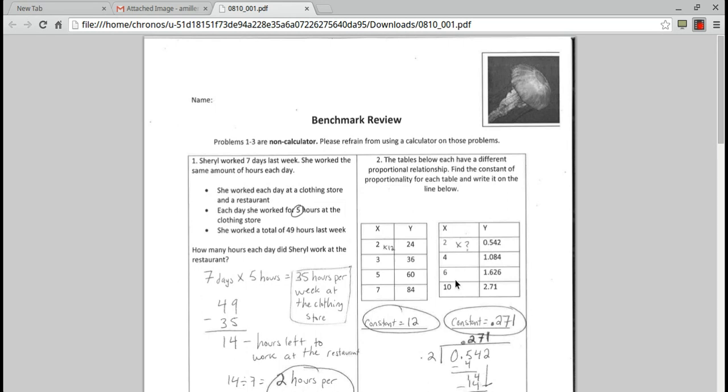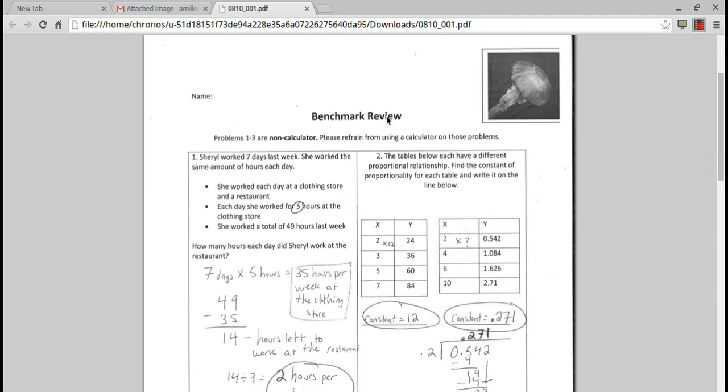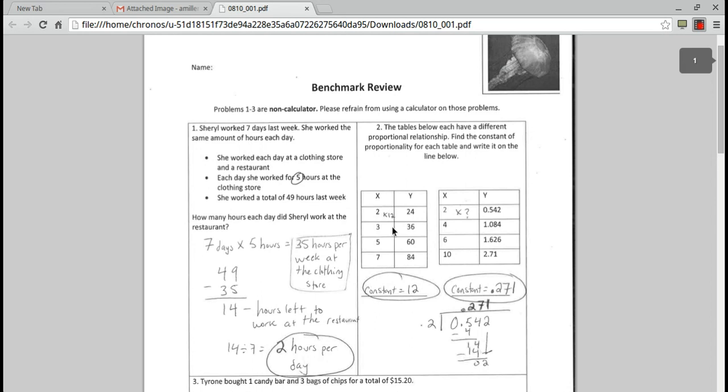For those who have finished, problems 1 through 3, you're not allowed to use your calculator, and you're going to see problems like these on your benchmark. Number 1, every time I have the correct answer is circled. So number 1, you're trying to figure out how many hours per day that she ends up working at the